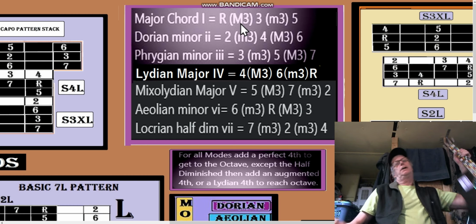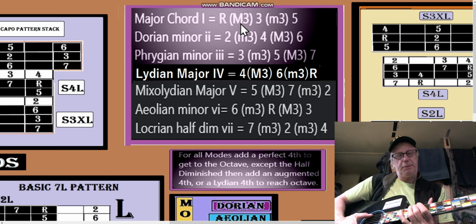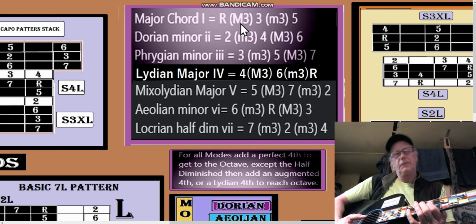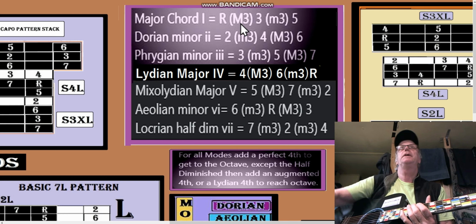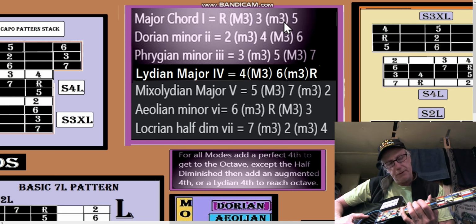On a guitar, if you start way up here on my C, it's the root and the major third, and then a minor third to the fifth. The minor third goes down